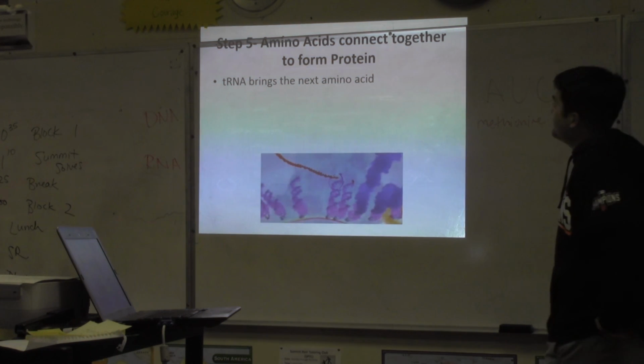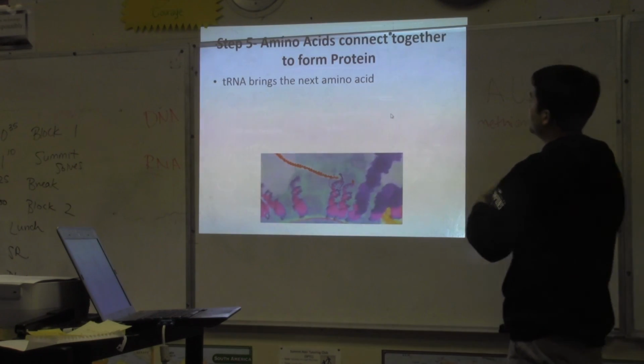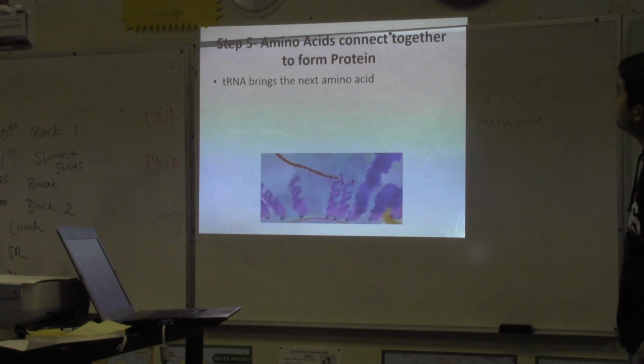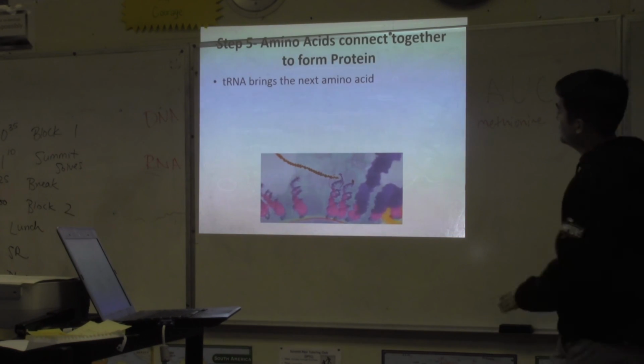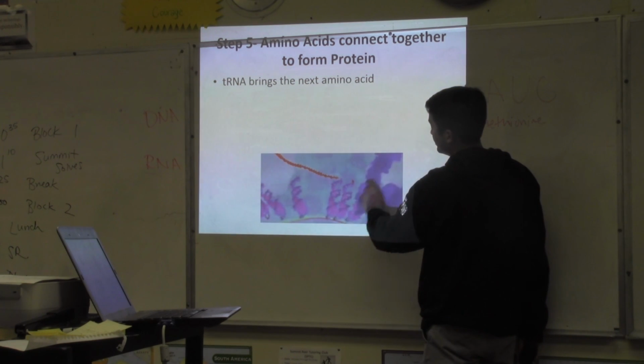The next step, step 5, is that we have now brought in amino acids. We're going to connect them together to form a protein. It's kind of hard to see in this picture, but essentially individual tRNAs are